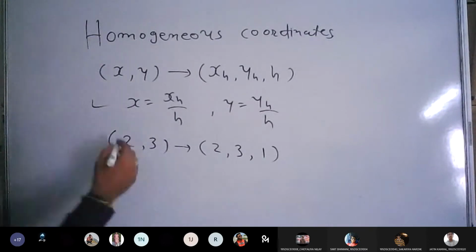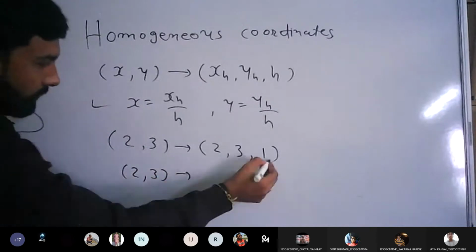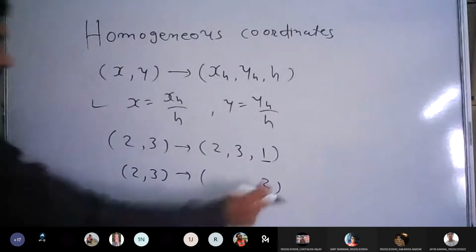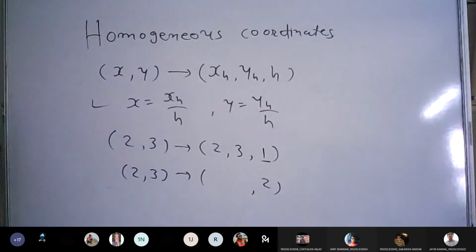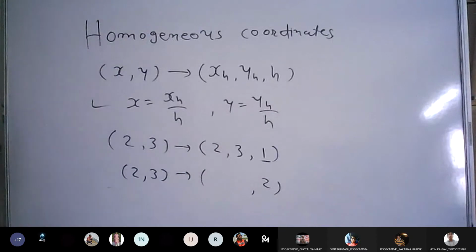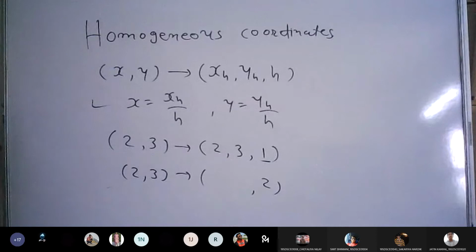So for example, if my point is, let's say, 2, 3, here I have taken h as 1. Now I don't want to go with 1, but let's say I want to go with 2. H is 2. It is also possible, which is non-zero, so I can go with that. But if your h is 2, then accordingly you will get new values here. Can anyone tell me what new values I may get here if my homogeneous parameter is 2?